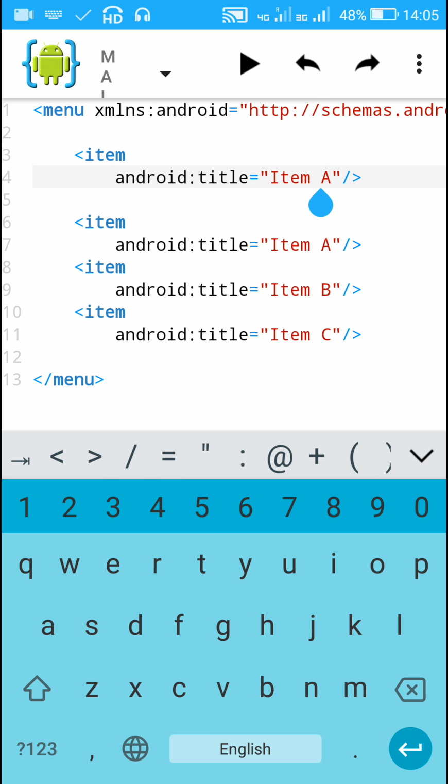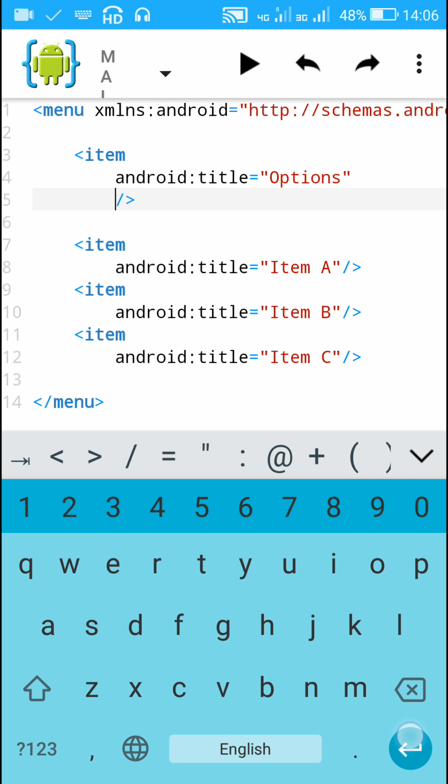I will change this title to options. This will be options, and then for this item I will add